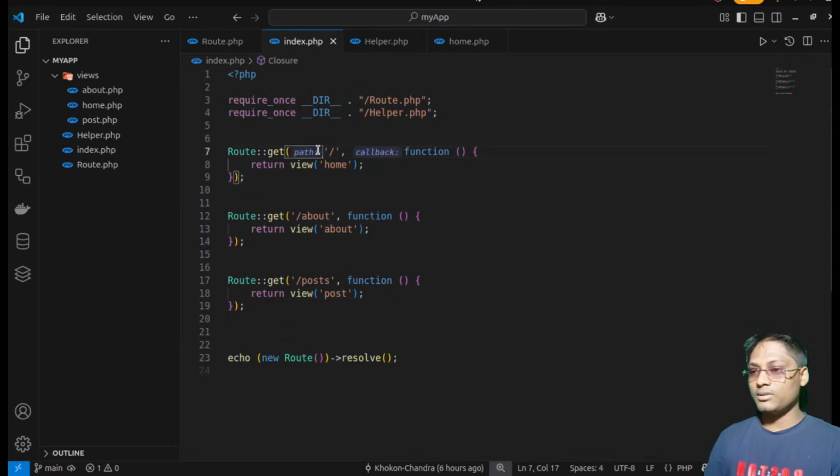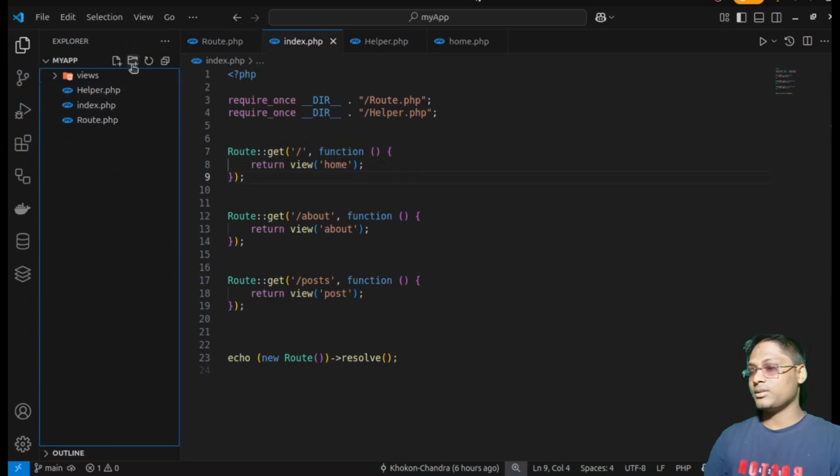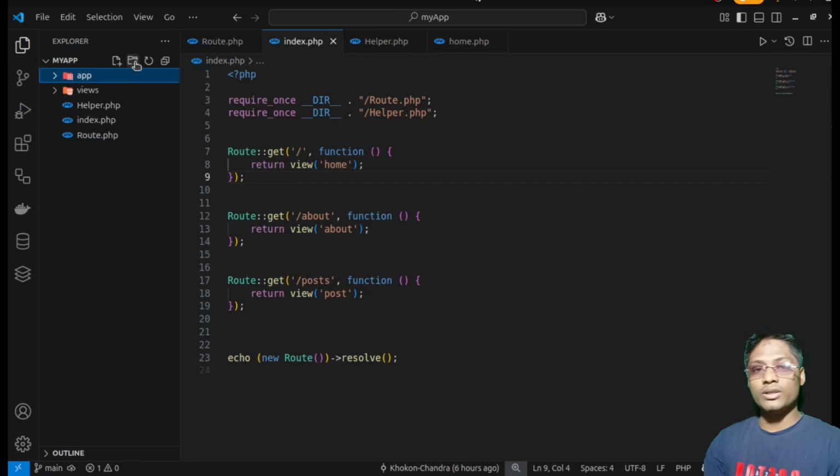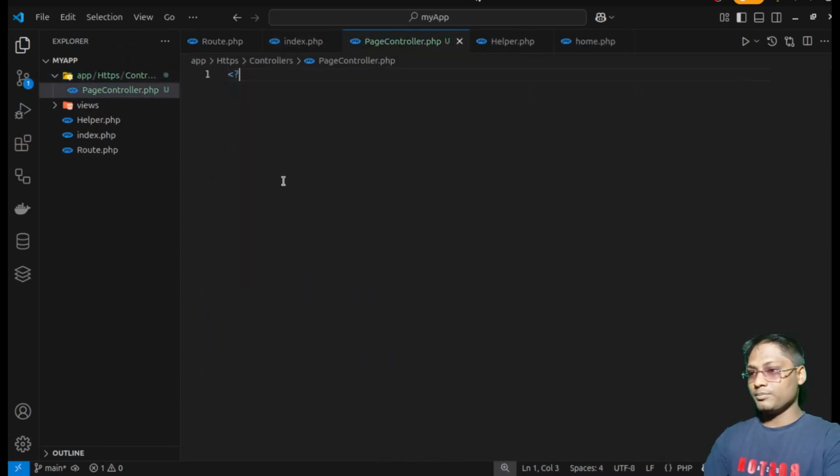We have to assign controllers and controller method actions. So before that, let's create an app folder where we will put our controllers, an http folder and a controllers folder, and create PageController.php. Okay,